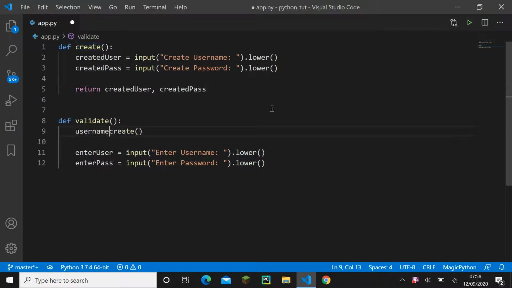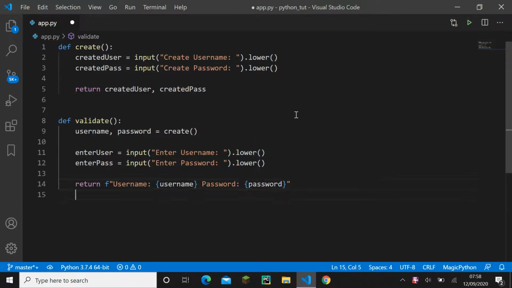What we'll do is do username and then password equals, so basically username will be this value because this is the first value here, and password will be this value because that's the second value, since this returns two values. So what we can do now is to test if this works, and we're going to return an f string username, and a password and see what happens here. We'll call this function,